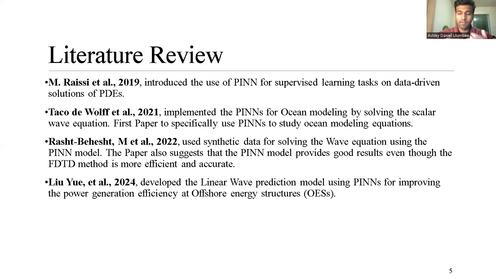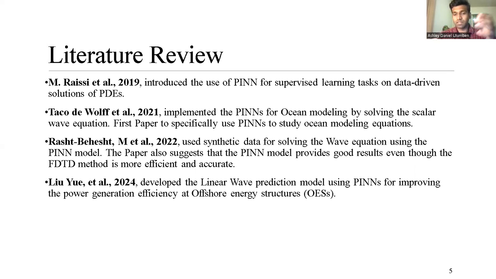And then the final paper, which was a recent development, was able to predict water waves, the propagation and elevation, in offshore energy structures where the water waves are used to generate electricity. So it was able to predict the amount of wave propagation and elevation required to produce a certain amount of energy. And that's how we were able to understand how to solve the scalar wave equation and then model that